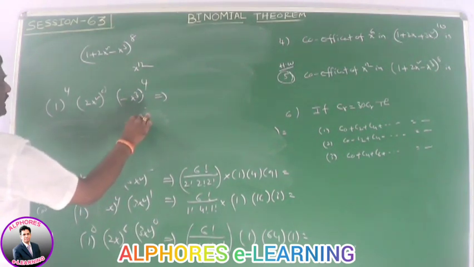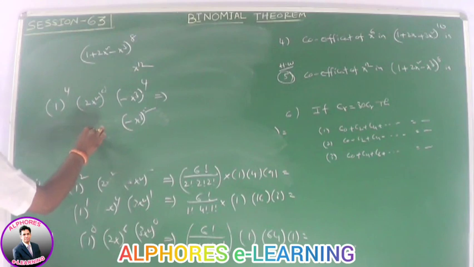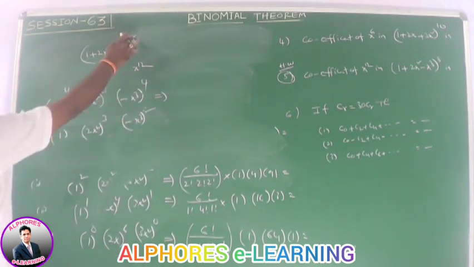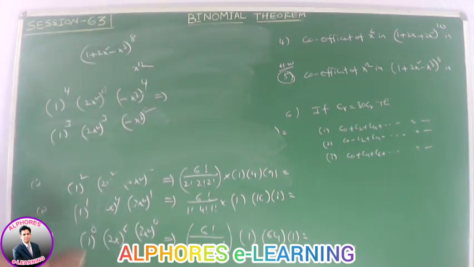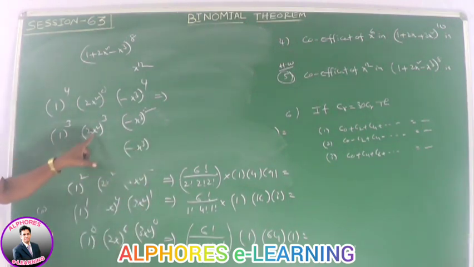Next possibility, minus x cube whole square. That means x power 6. For getting x power 12, 2x square whole power 3, 6 x power 6 into x power 6. Here what is the power of this value? 3 plus 2, 5. 5 plus 3 means 8. Okay. Next, minus x cube whole power 1 means x cube. X square here, x cube required values for getting 12, 9. X square whole power how much is equal to 9? It is impossible. It is not an integer.